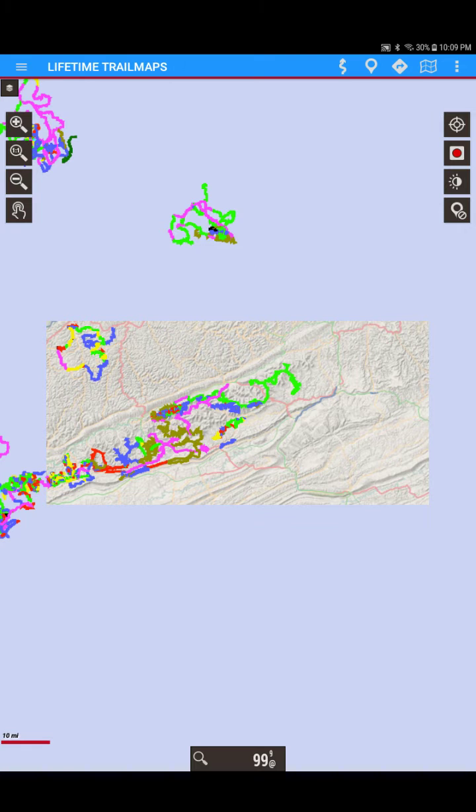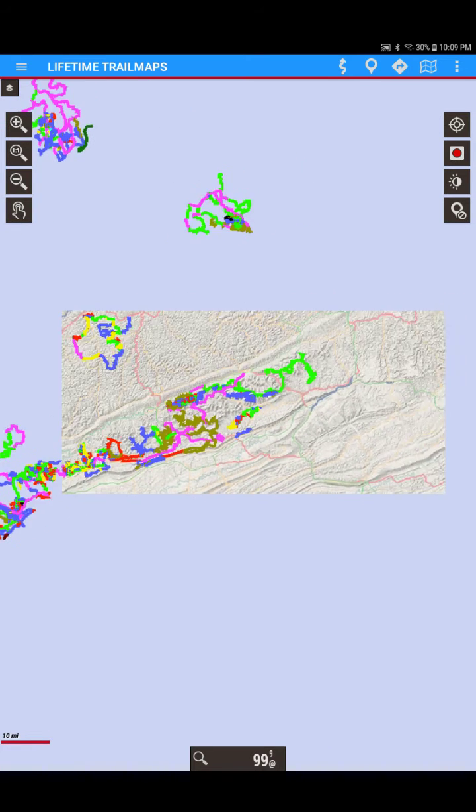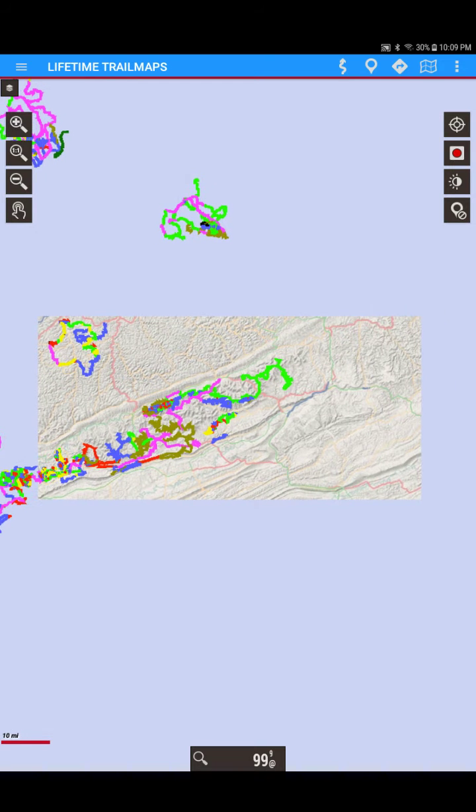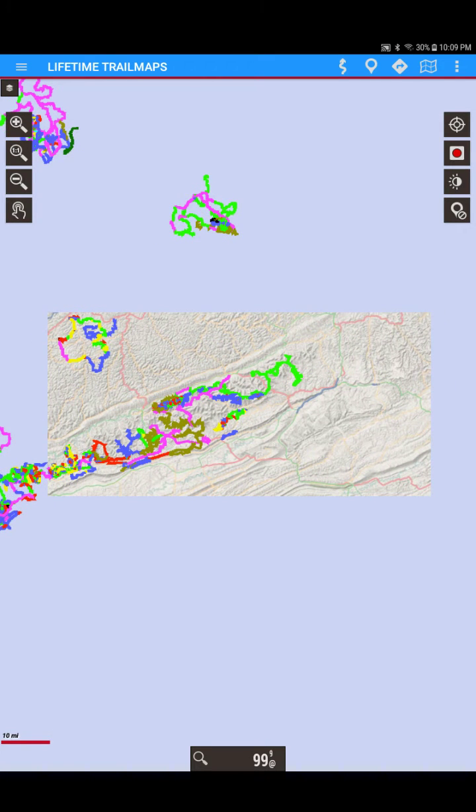Now, this particular section of map is Black Mountain in Kentucky. Now, why is that map so small on the screen, and why are there trails off of that map? Again, the reason is because these are offline maps, and we don't want these map sections any larger than they need to be to cover the area that they have been named. So, for instance, this one's Black Mountain. We don't need it to cover Windrock, and we don't need it to cover Jellicoe or Middlesboro, and so forth,